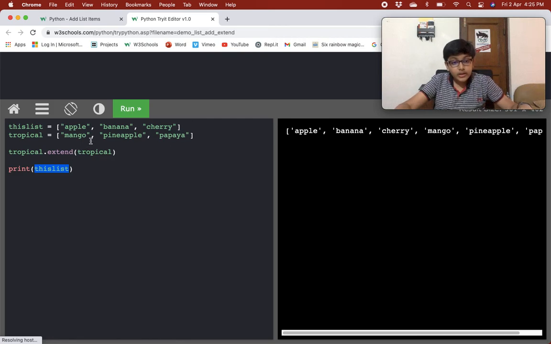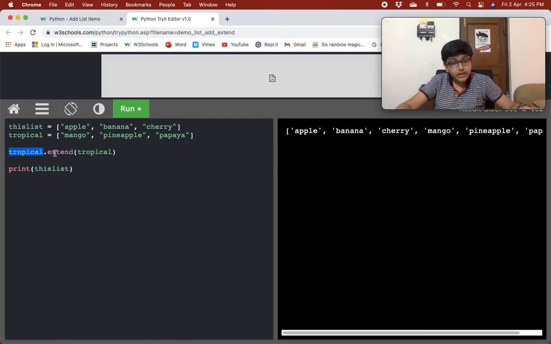Tropical has these three, and we are extending tropical by these three only. So it would give us mango, pineapple, papaya, mango, pineapple, papaya.